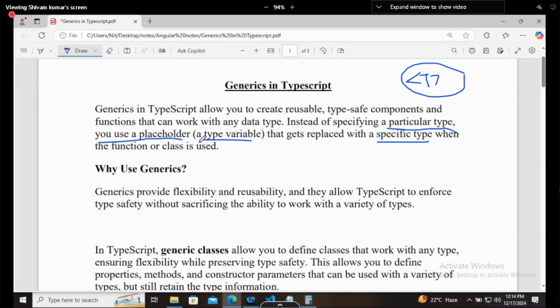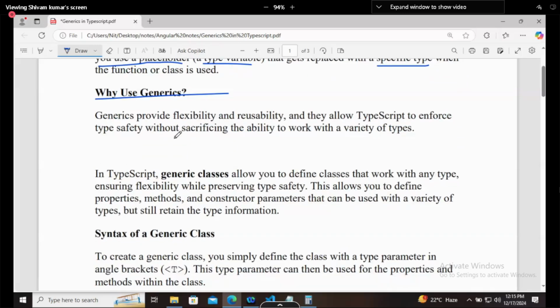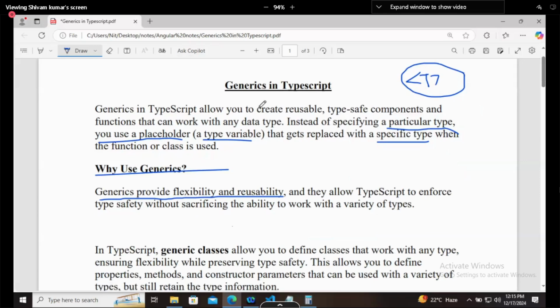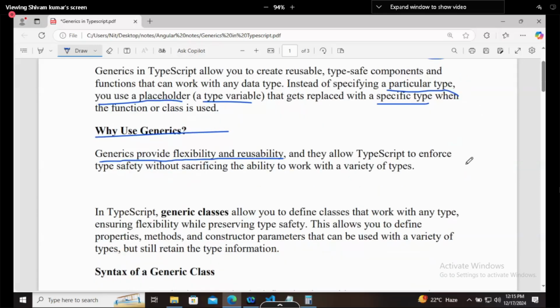Why do we use generics? Generics provide flexibility and reusability. If one variable can hold multiple values, it is flexible, and you can reuse it. They allow TypeScript to enforce type safety without sacrificing the ability to work with a variety of types.